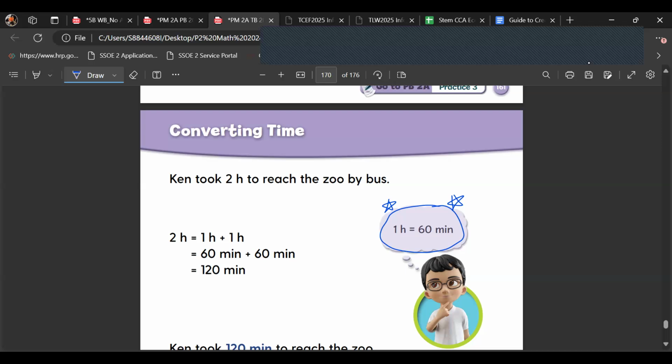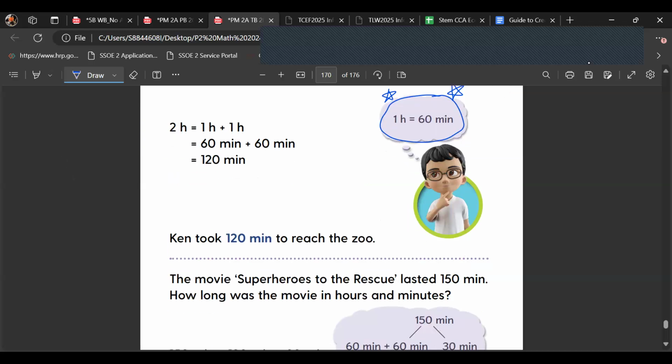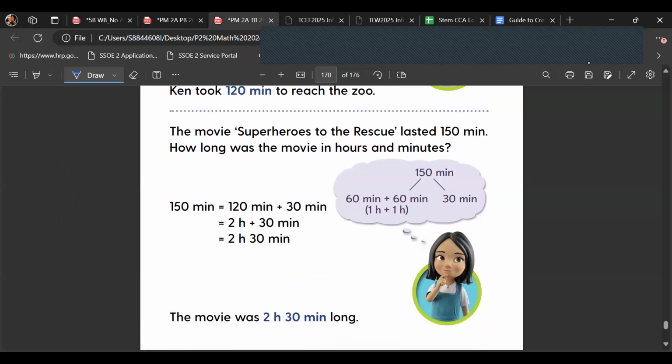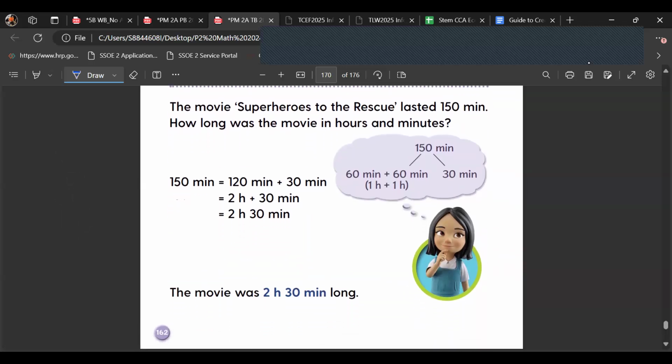Do you want to use a normal pencil first? You can get one. Okay. Right. So, and then you can see here, the superheroes to rescue, how our friend added the time and converted 150 minutes to become